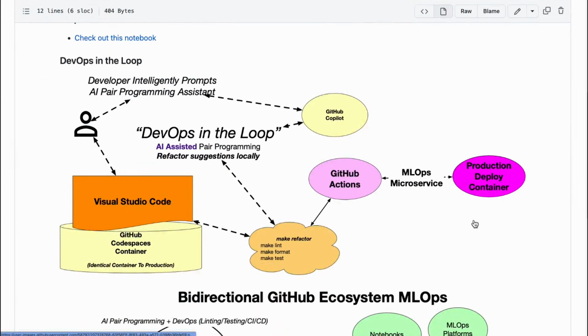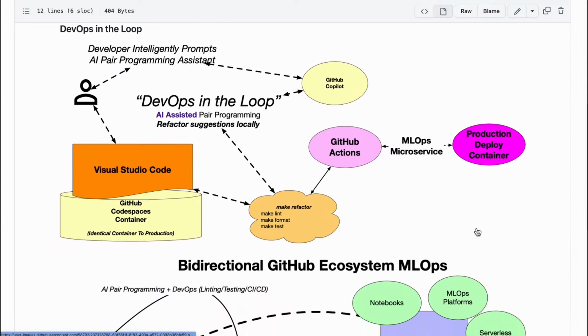So the first one, this is what I'm referring to in terms of DevOps in the loop, is that what you want to do in order to get the fastest productivity out of an environment like this, and this is kind of a new thing because of the ability to use tools like GitHub Copilot, is that you want to use traditional DevOps best practices.